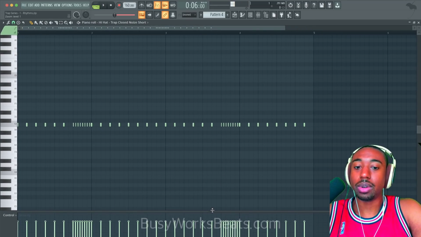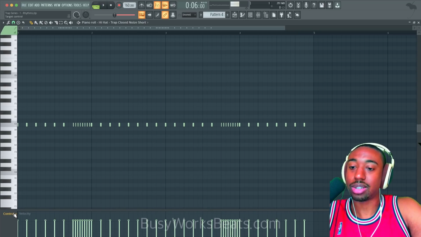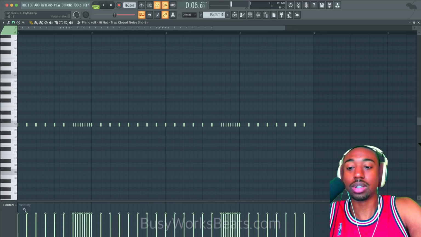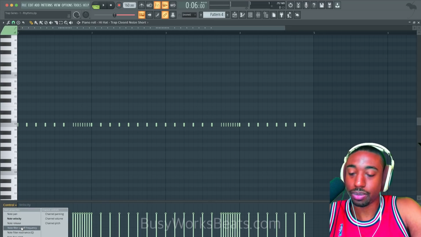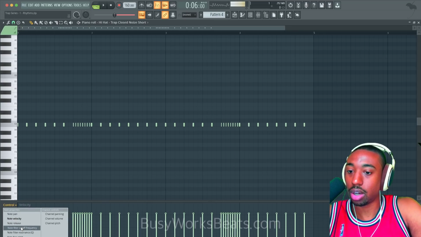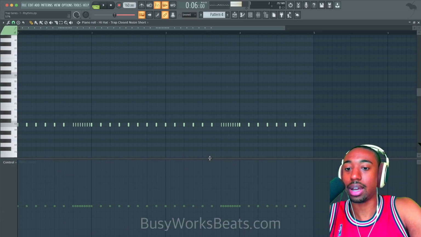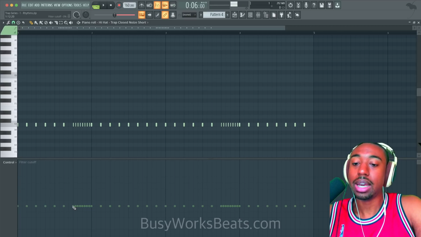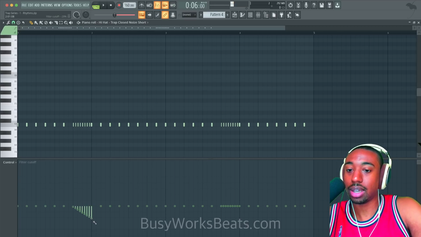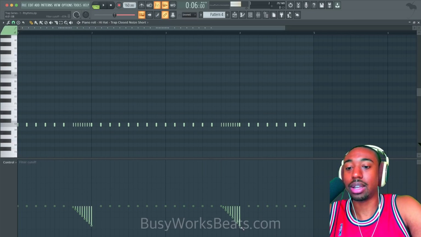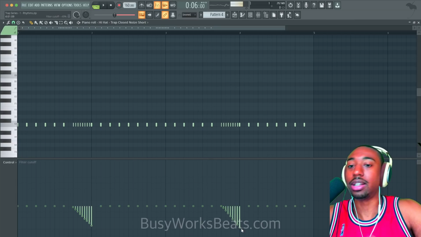So at the bottom here, we see a control section. So what we can do is add characteristics to each of these notes. So let's go to the control section. Let's go down to where it says filter cutoff frequency. And this adds what's called a low pass filter to our hi-hat notes. And in short, we're just gonna right click and go downward. Now it's gonna muffle the hi-hat. So it's gonna muffle the notes.